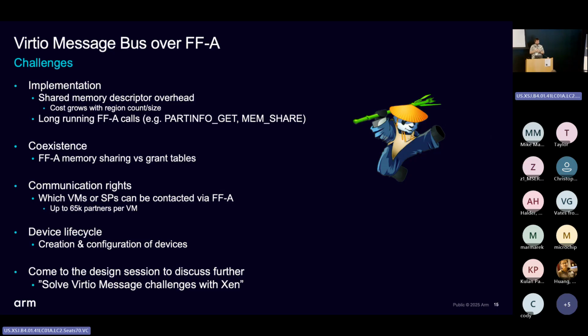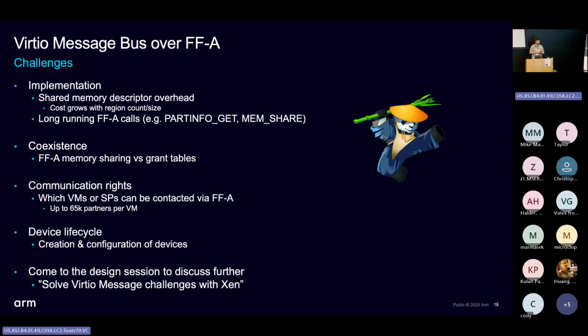So this is one of the things that needs to be discussed, to find a way to optimize this a little bit. And the second problem found during the initial review of the FFA driver was the long-running FFA calls. In practice, some of the FFA calls have to scan over all possibilities of VMs and secure partitions in the system. And for some of them, for example, if you have an FFA call to list all